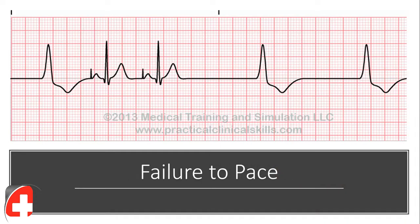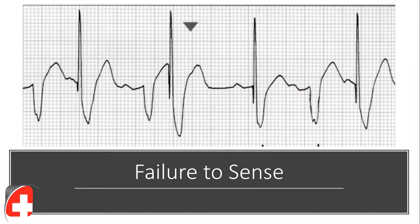The next failure is a failure to pace. As you can see here, pacer is pacing, and there's a gap where it should be pacing unless the set point is very low, but it doesn't. This could either be a continuous failure, where it just dies, or it could be transient and intermittent failures. And most of the common causes for this is a fracture of the pacing lead, where it introduces noise and it hears a lot of electrical activity going on, and it mistakes that for the heartbeat, which segues us into the next one, which is